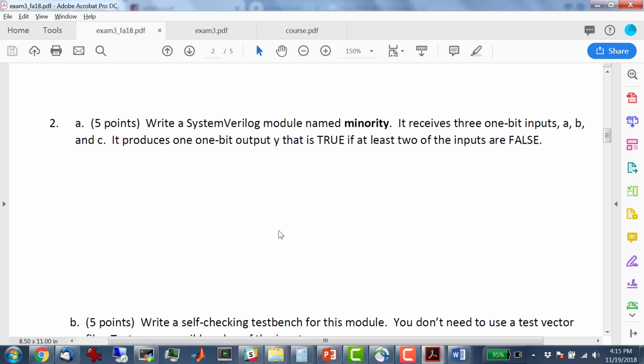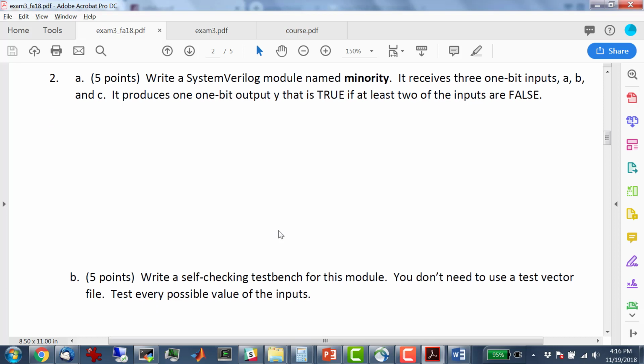And then, does it say test every? It says we don't need to have a test vector file, but test every possible value. So this is going to be a little long, but we want to say A equals 1'b0, B equals 1'b0, C equals 1'b0, and then we need a wait. So put a little delay in there, and then we need an if statement that says if y doesn't equal,